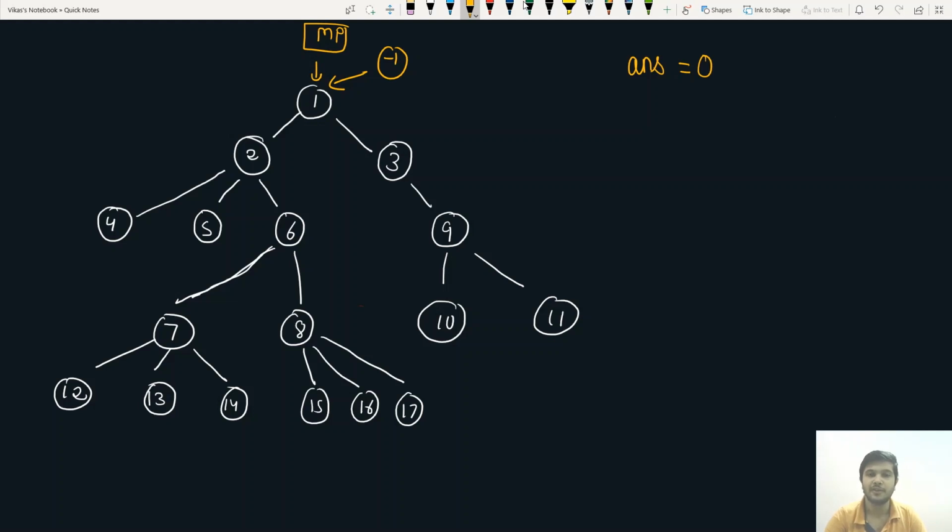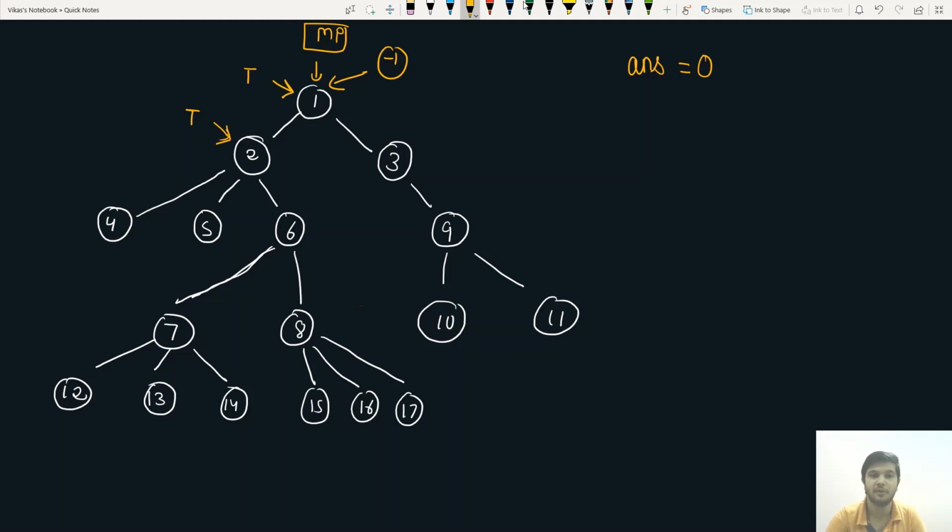So we are going to do the BFS. When we are at node 1, we get two possibilities. We can go either to 2 or to 3. Let's say we go to 2, and we mark 1 as true. True means that we have visited 1. Now for 2, we call the DFS. In this DFS, when we call for 2, we mark it as true, and now we check whether we can go in the remaining directions. So 4, 5 and 6 are the only children of 2 because 1 is the parent of 2. So 1 is not a child of 2, 1 is the parent of 2.